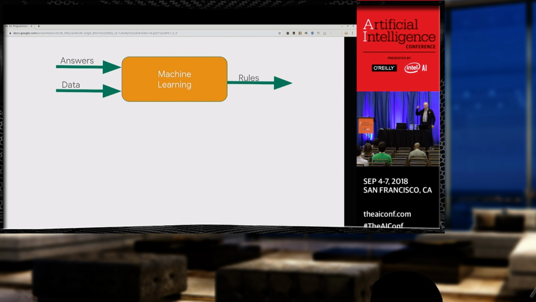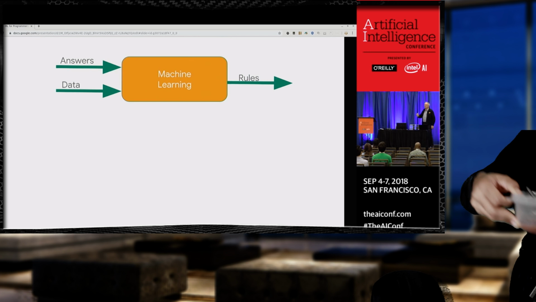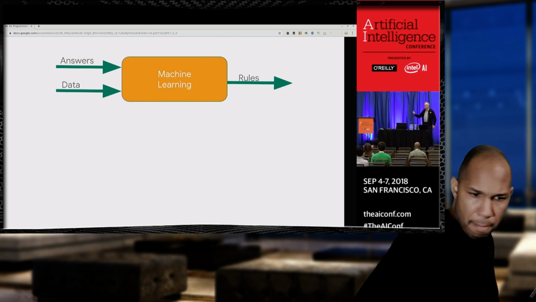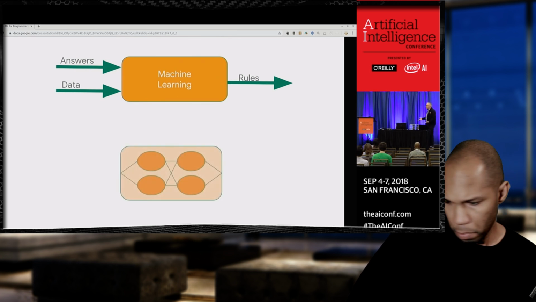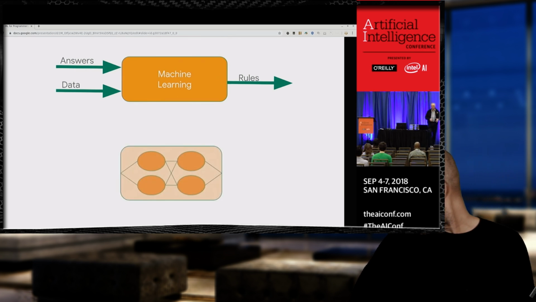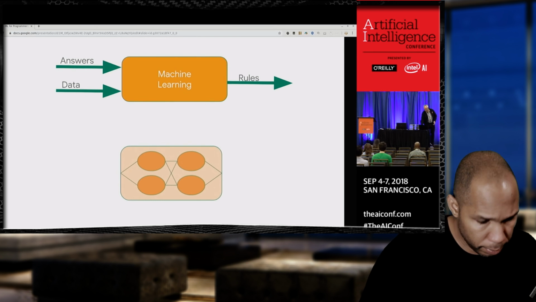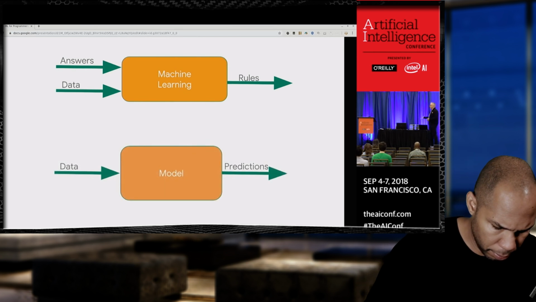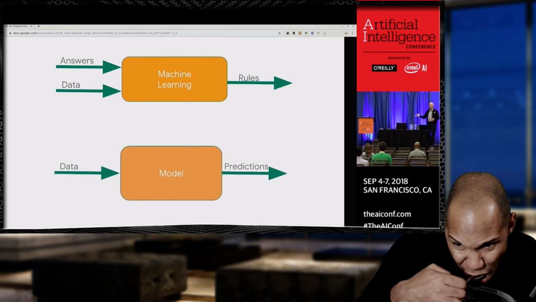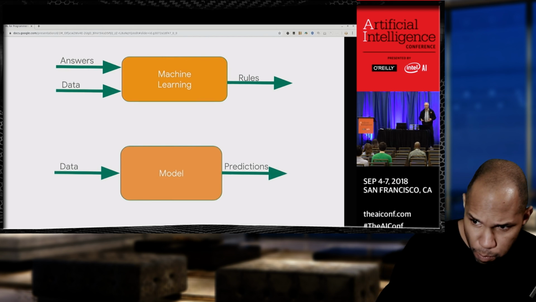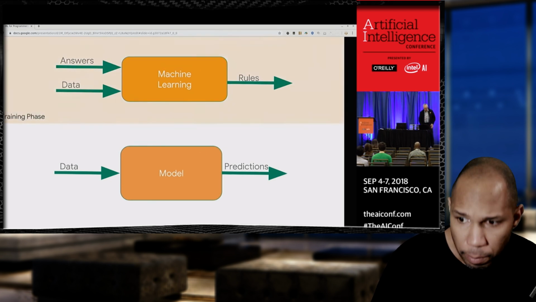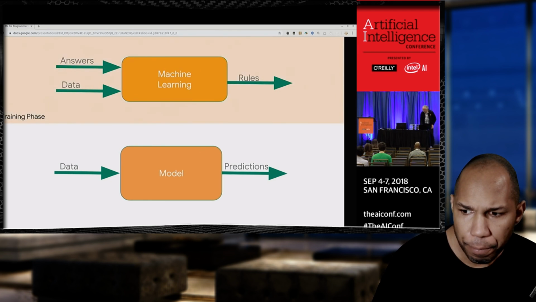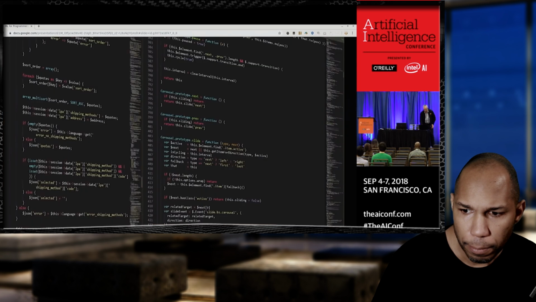You don't learn by those if-then rules. I know I didn't, and most people I speak to didn't. As a result, they ended up playing the game and they infer the rules for themselves. And it's exactly the same thing with machine learning. You build something, the computer learns how to infer the rules with a neural network, and then at runtime you give it data and it will give you back classifications or predictions, or intelligent answers based on the data that you've given it. So let's look at some code. This is what we call the training phase, and this is what we call the inference phase.